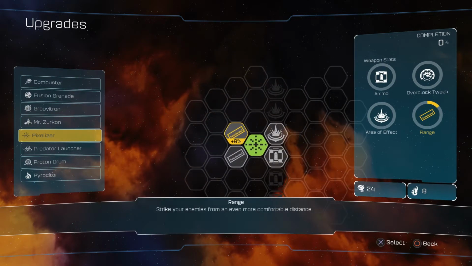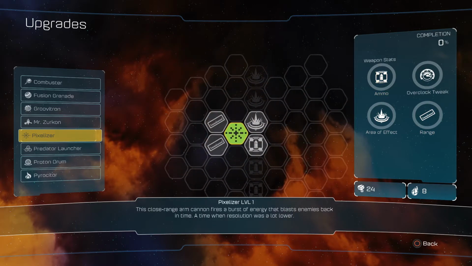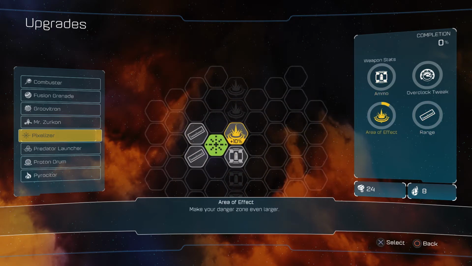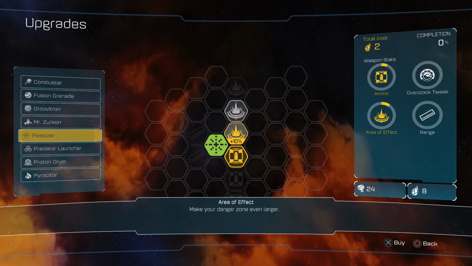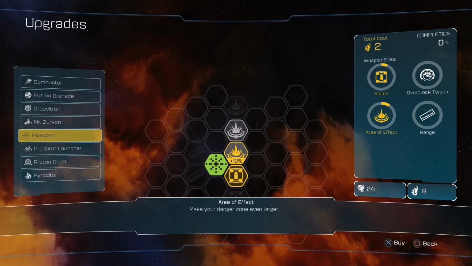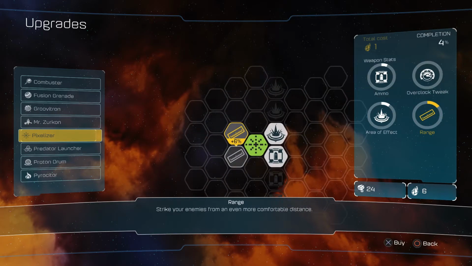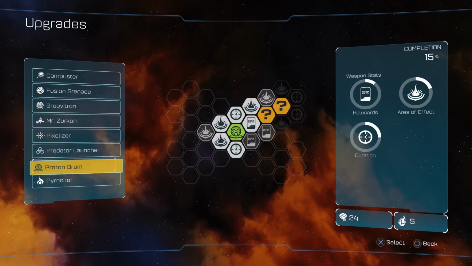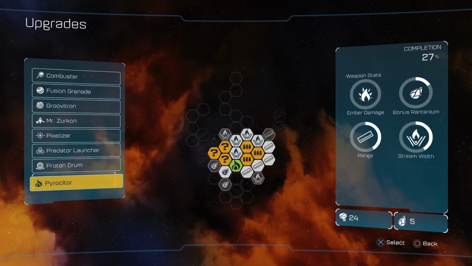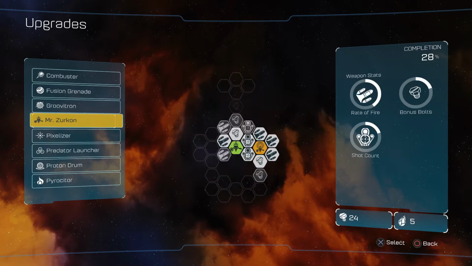Let's start by upgrading our pixelizer a little bit. So we have area of effect and we have ammo as well as range. Let's go ahead and give ammo up along with area of effect. Start working on the range as well. Now, let's see. What could use some more upgrades? Honestly,